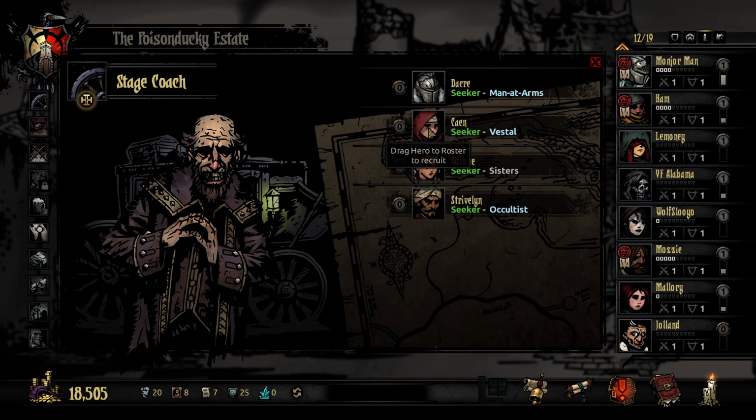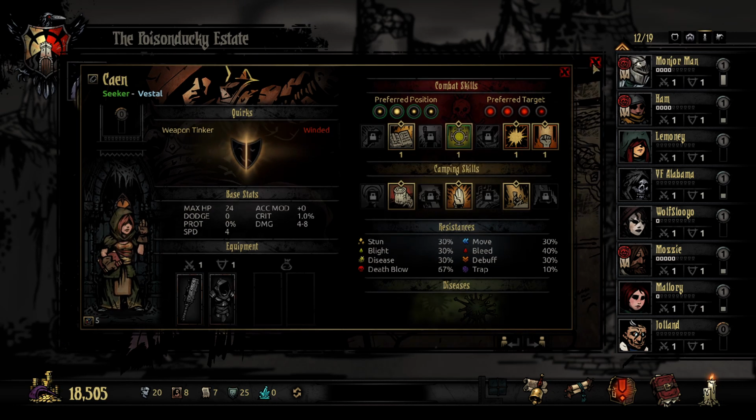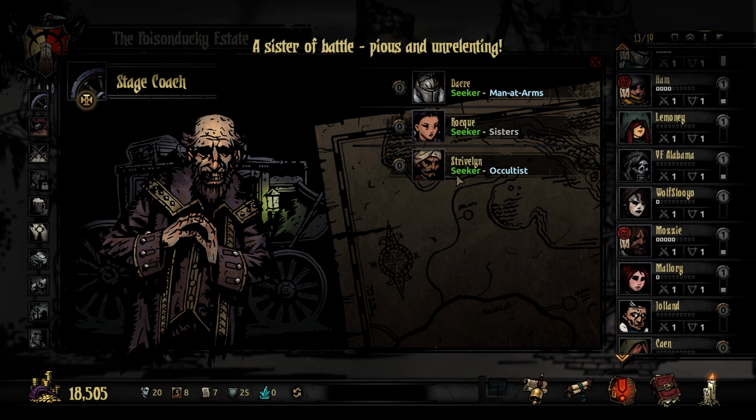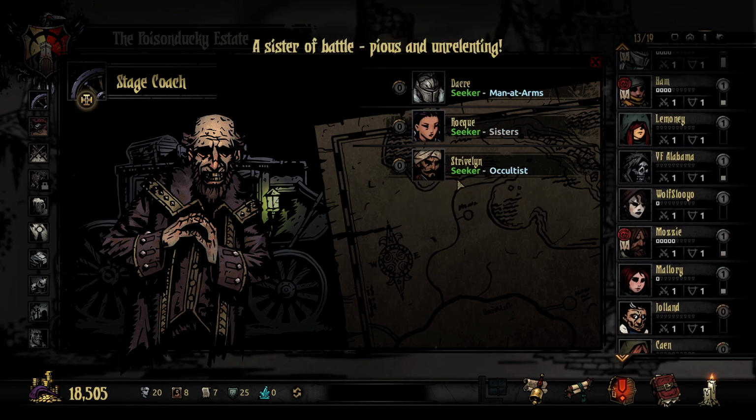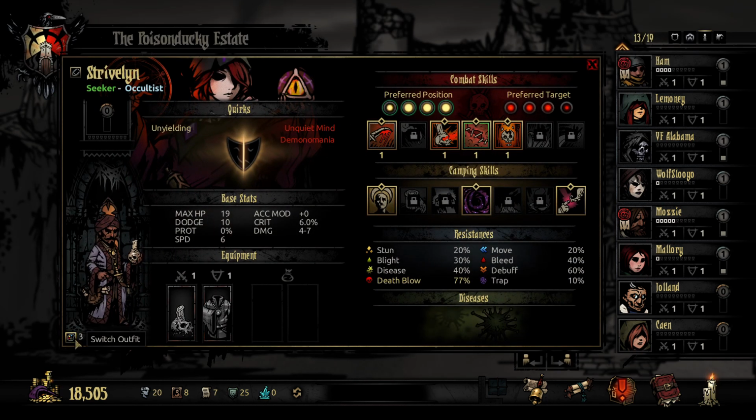And another fantastic backliner, the Vestal. This is part of the base game. She is one of the best heroes in the game. She's mandatory in the base game, as healers are far... There's really only 2 of them in the base game that are effective enough, and this is one of them, the Vestal. I believe I have a cool skin for her. A sister of battle, pious and unrelenting. Speaking of the best healers,